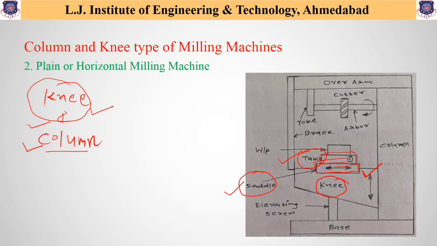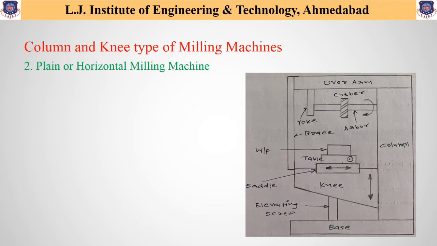Now let's have a look at another part, that is the table. As we can see, the table acts as support for the workpiece, and it is mostly made of cast iron with its top surface accurately machined. Its top surface needs to be machined accurately because the workpiece is set over it, and if it inclines from a particular axis, then it may result in inclination of the workpiece, due to which proper machining operation cannot be obtained. So proper machining of the top surface is necessary.